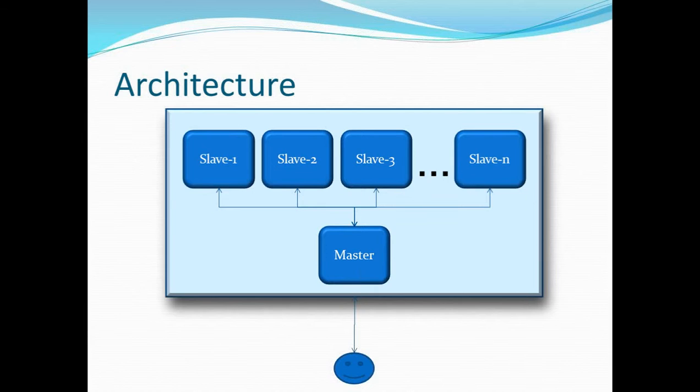But since Hadoop 2 is under development only, it's even in alpha, not even in beta. So we are mostly concentrating on Hadoop 1 because usually in the industry what we use is the stable version of any software. So this is the stable version that is currently having one name node and n number of data nodes.